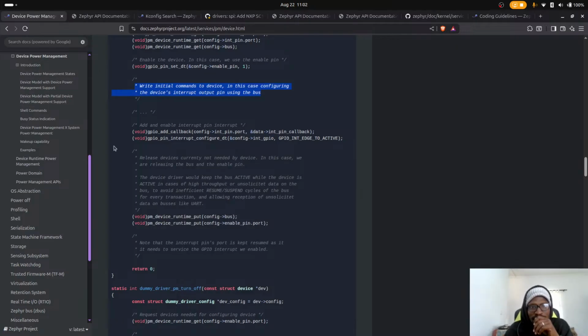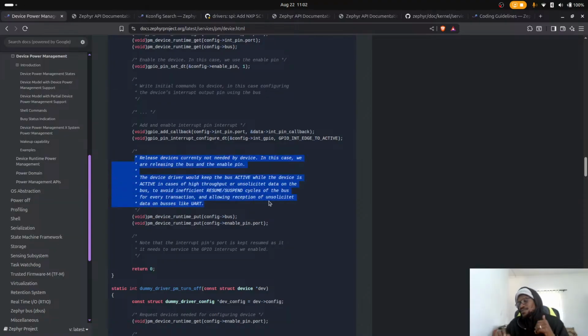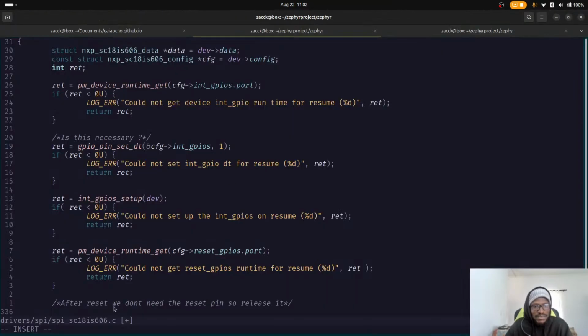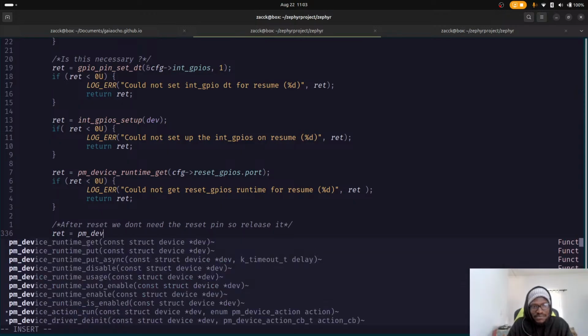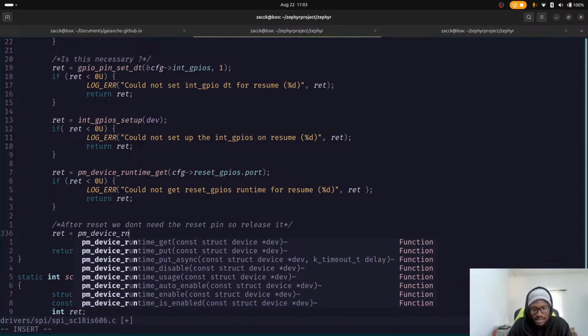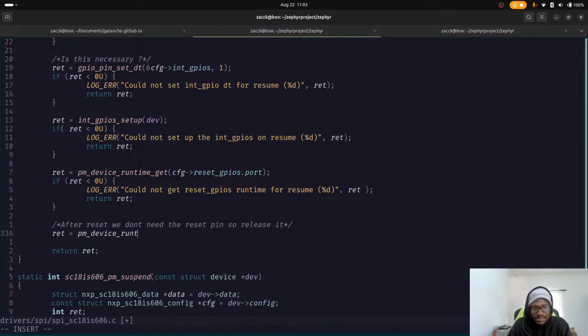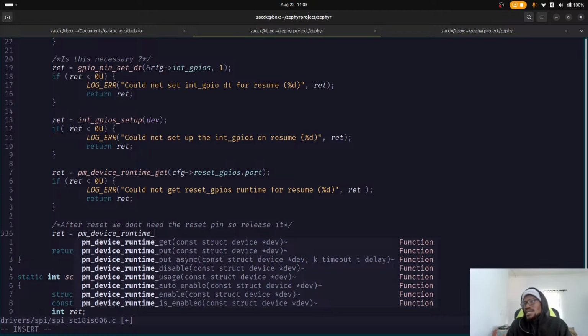Let's just again highlight something. So immediately after you resume, you likely don't need your whatever, you're just in kind of waiting mode again. So let's give up the pin that we just took, and then after that we should have resume done. So ret equals to pm device run time put, anyways,